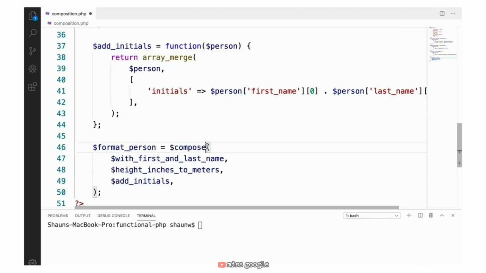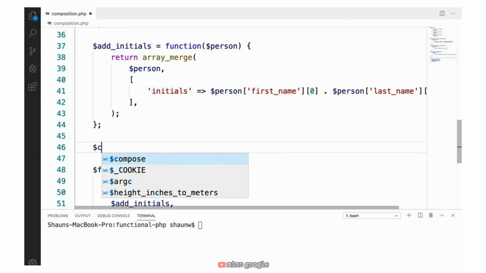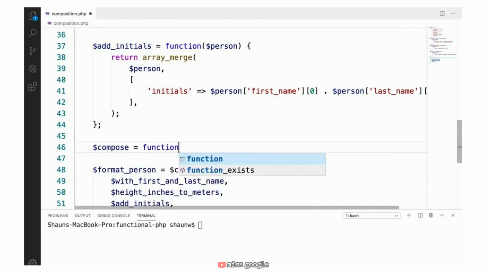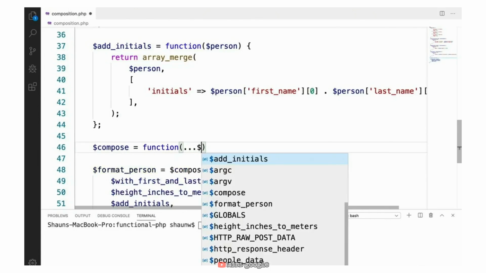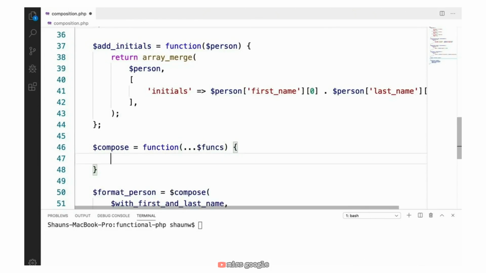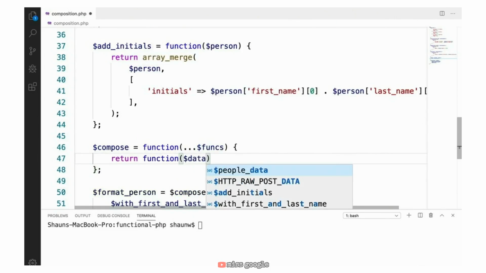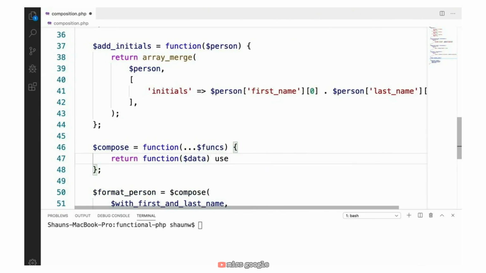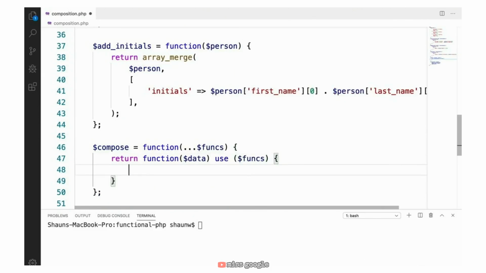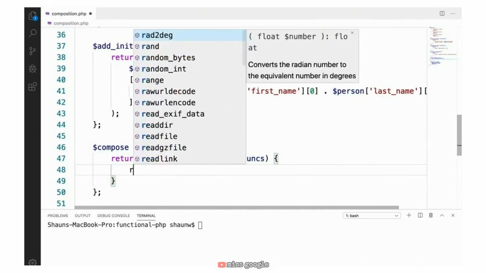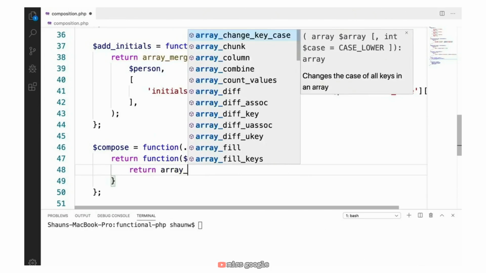So I'm going to walk you through how to write this compose function. We're going to say compose, and we're going to use the splat operator to get all of the arguments, which we'll call funcs. Those will be our functions. And what we're going to do is return a function that takes whatever data we want to transform, and we have to say use funcs here so that this function we're returning closes correctly over this funcs argument. And finally, this function we're returning is going to call all of the functions that we pass on the data here. The way we do that is by saying return array reduce,